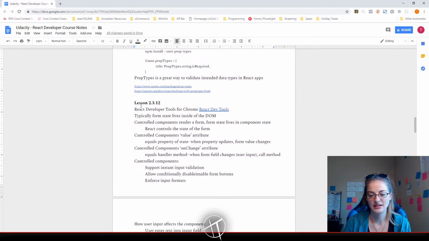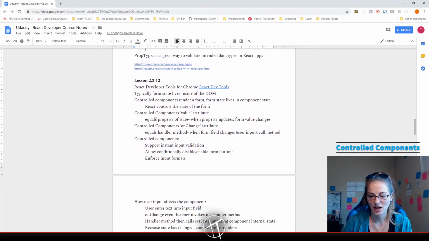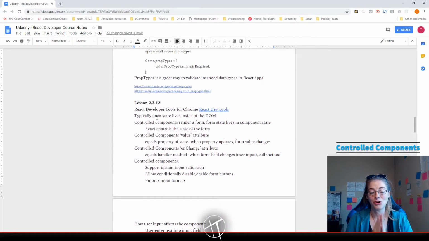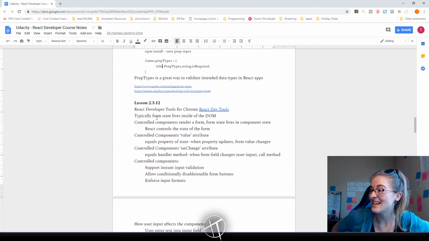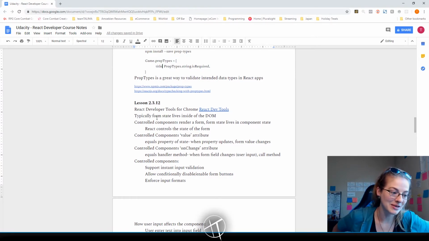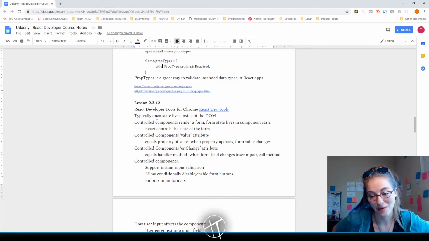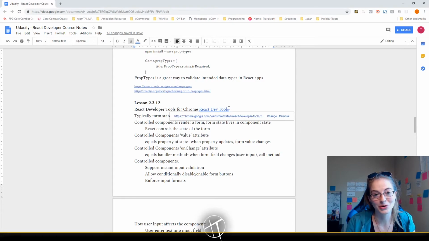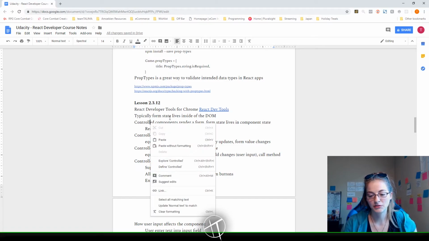Anyway, we have lesson 2.3.12. It begins with the React developer tools for Chrome. I've been hearing all about these. They seem amazing, but we had never used them before. So I'm like, you know what? I don't need them. I'm just going to keep doing my class. Well, apparently we need them now. Install the React dev tools if you are going to be programming and you use Chrome. They're freaking awesome. It's very cool, simple, easy to install. Over 1 million people have installed the extension. I'm sure it's a safe and lovely extension. Typically,